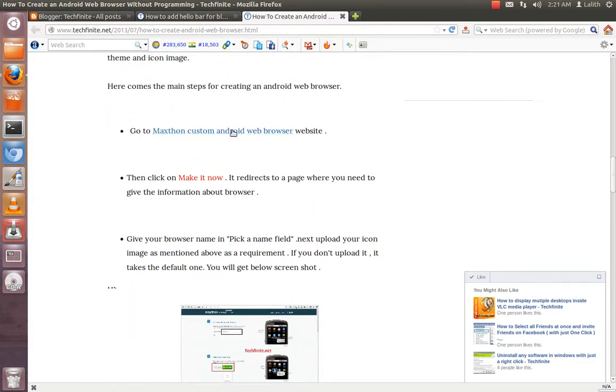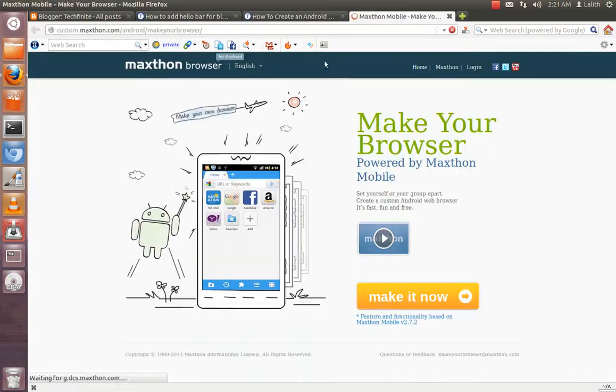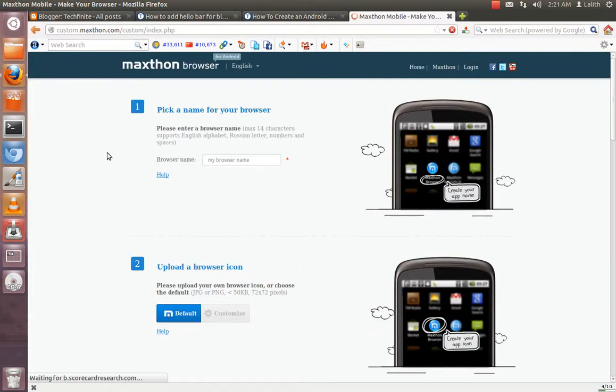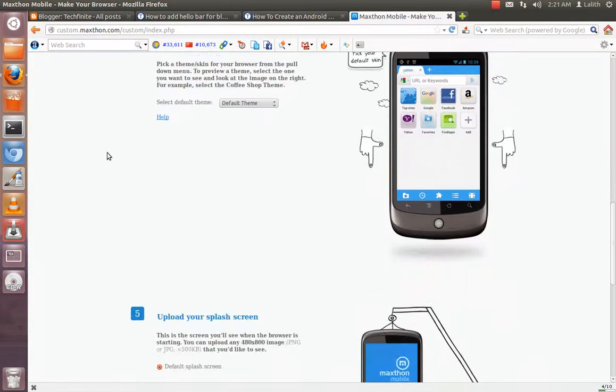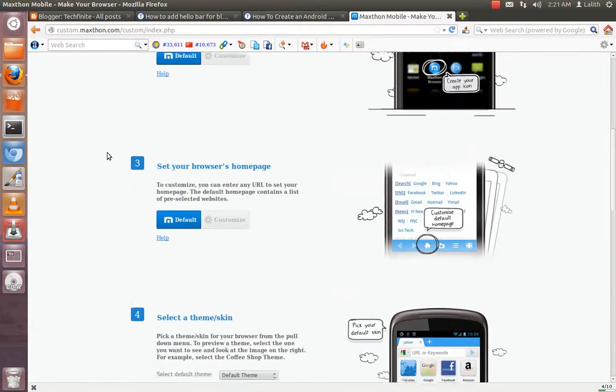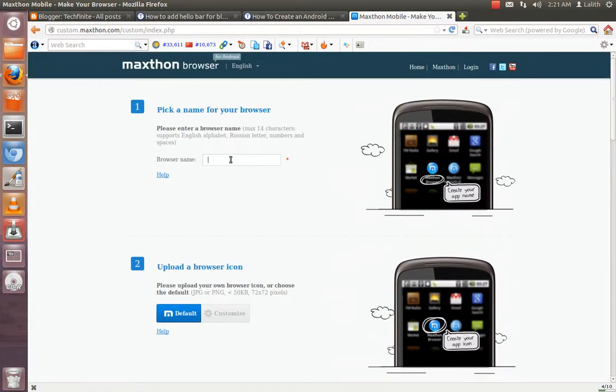Just go to the Maxthon custom Android page to create your Android app. Click on make it now. Here you will be given a 6-step procedure. It doesn't take more than 3 minutes. Enter your browser name. I am entering my browser,